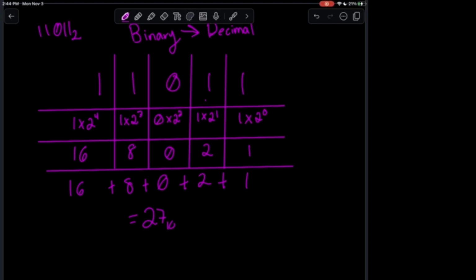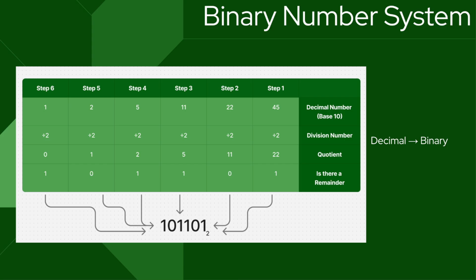Moving on. Let's convert a decimal number over into a binary number. So like I mentioned earlier, everything's just divided by 2. So for this example, we see we're starting off with a decimal number of 45. We're doing 45 divided by 2. That gets us 22. It's not exactly 22. There is a remainder here, but we're not looking at that value,